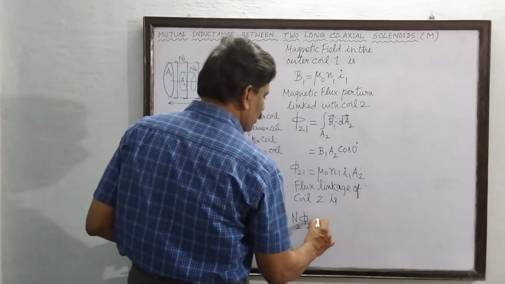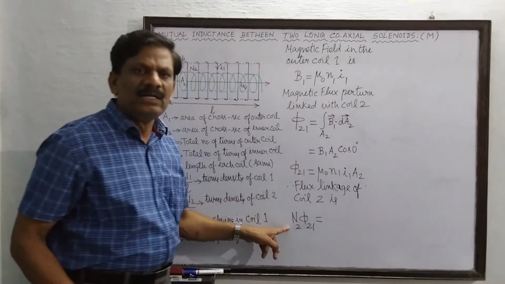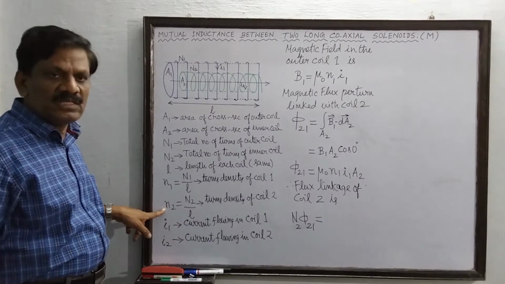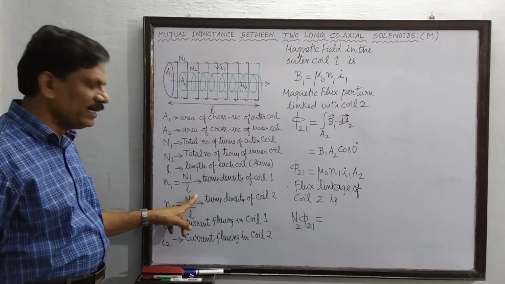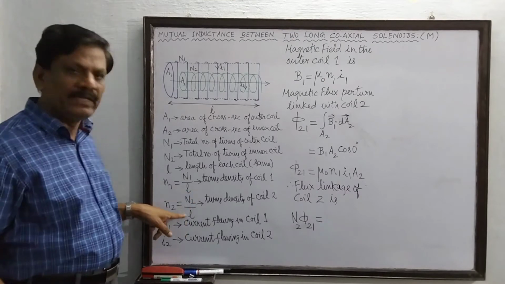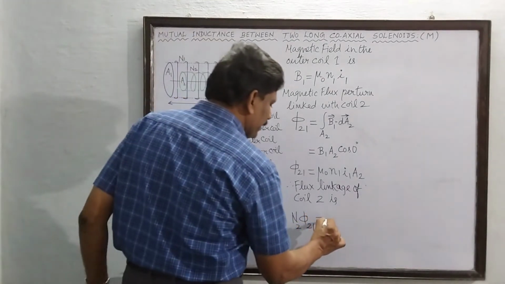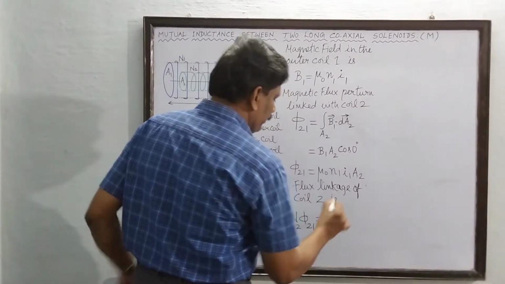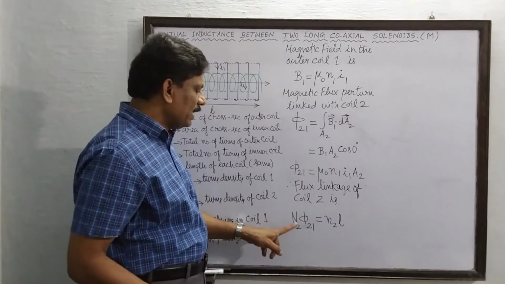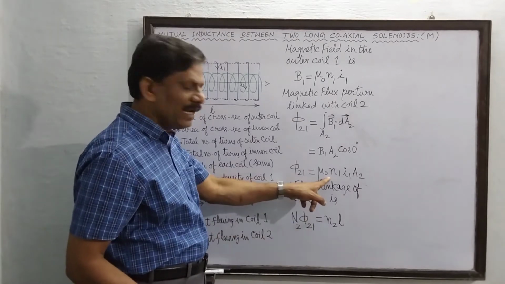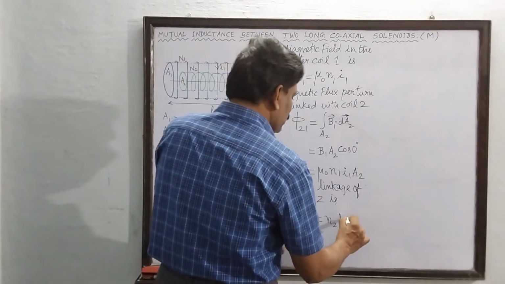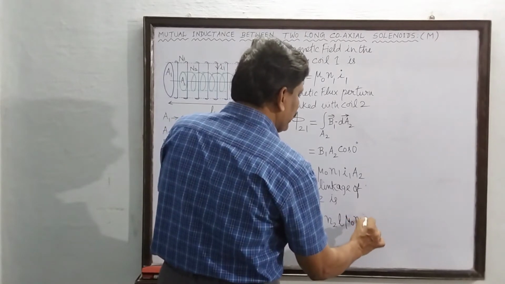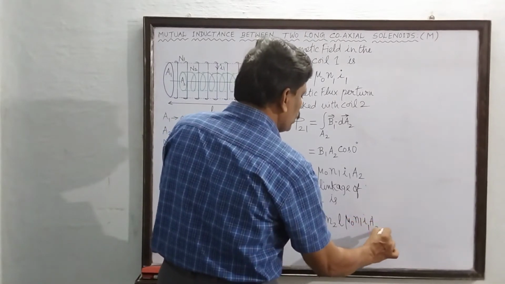And this is now equal to this N2. You see here N2 divided by L is equal to small n2. Therefore, capital N2 is equal to what? Small n2 times L. I am going to substitute here small n2 into L. This is for capital N2. And the flux with each turn already is there. So, into mu naught, then N1, I1 into A2.